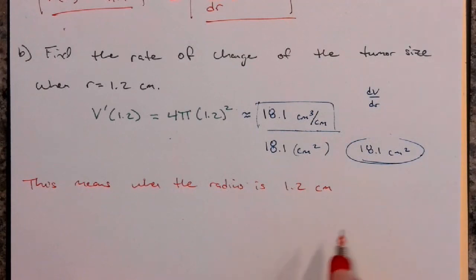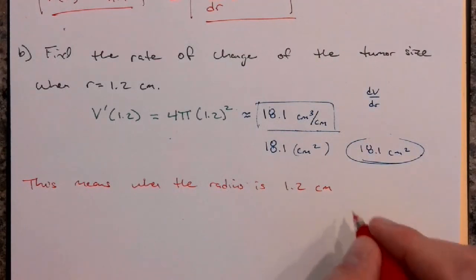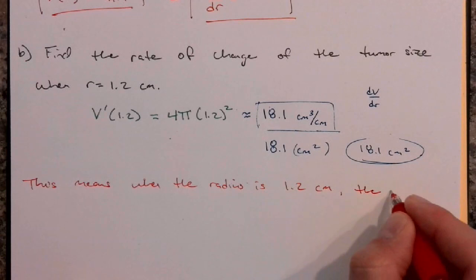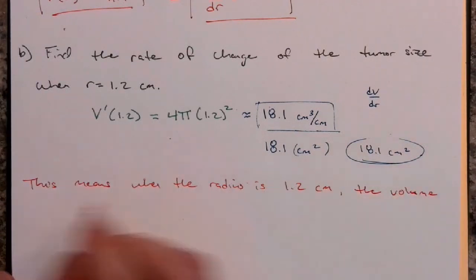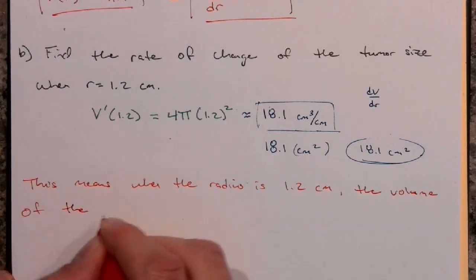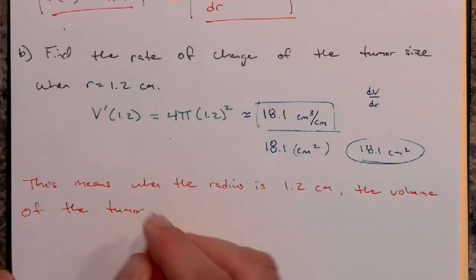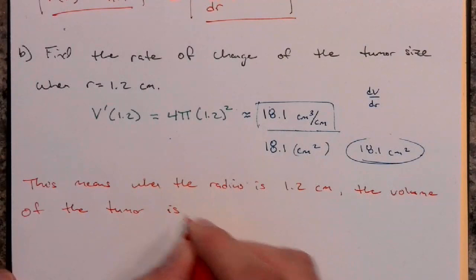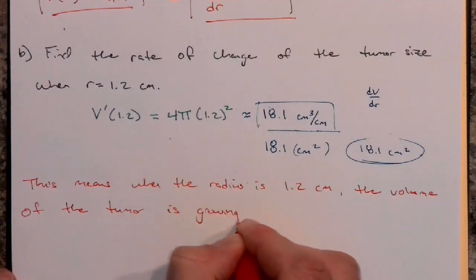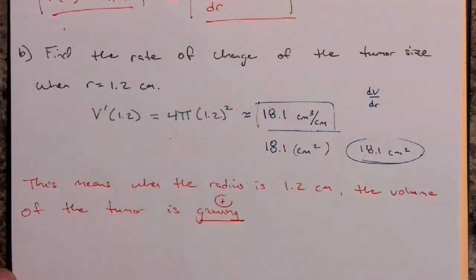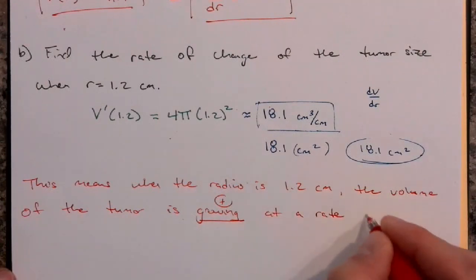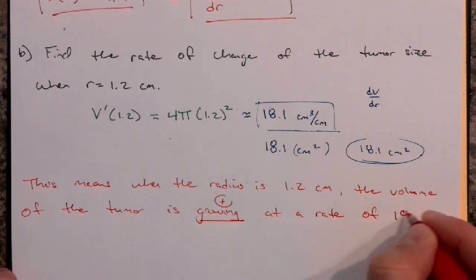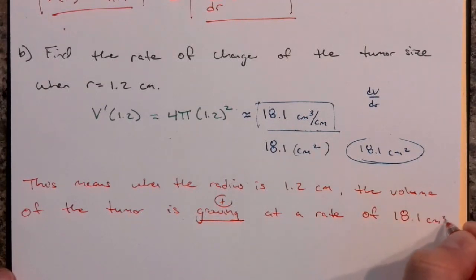But at the instant when the radius is 1.2 centimeters, the volume of the tumor is, and you need to say this, growing or increasing, and that's because it's positive, make sure you know why, is growing at a rate of 18.1 centimeters cubed